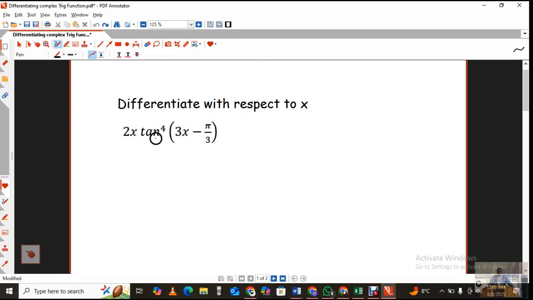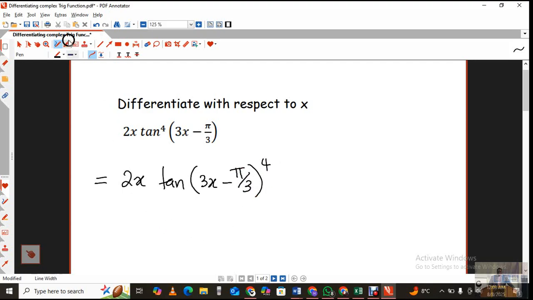So I'm doing a trig function that I'm going to differentiate. It's a little bit complex. What you need to understand here is that essentially you have the product of two functions. That is, 2x is a function on its own, and all of this tangent is a function on its own. So I'm just going to rewrite it. It's 2x then tan of 3x minus pi over 3, and then we can go ahead and put the 4